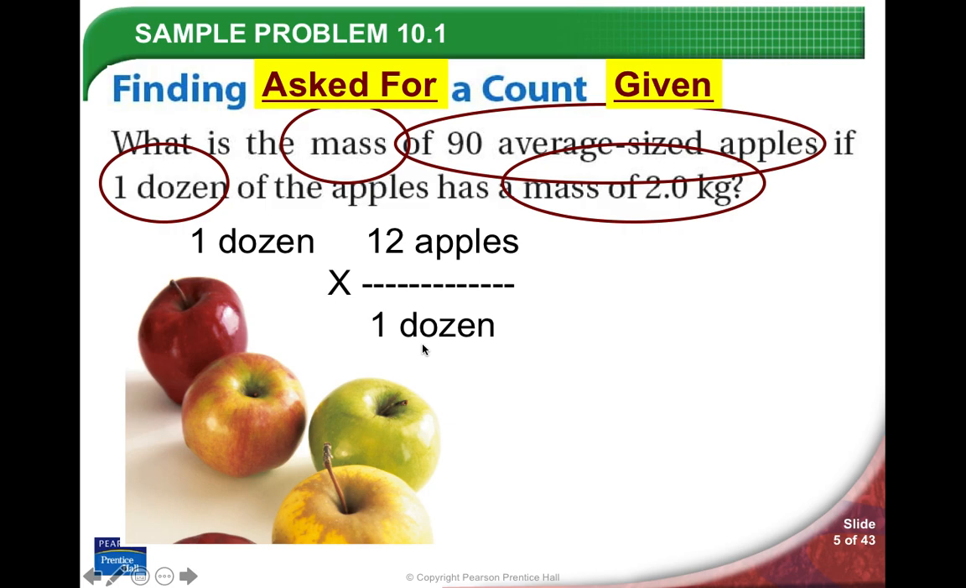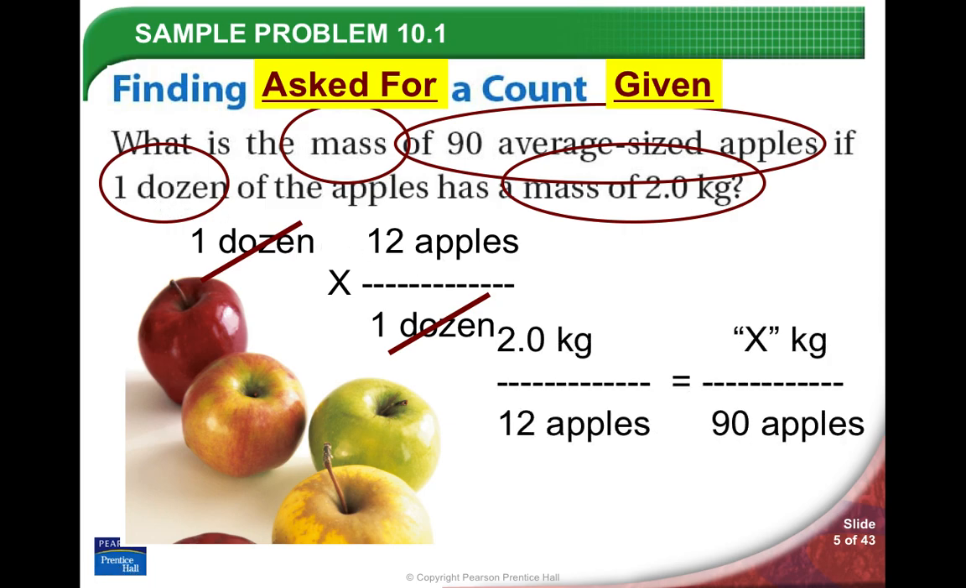This is what's called a conversion factor, or a ratio. There's 12 apples per 1 dozen. Obviously, you cancel that out, and in place of the word dozen, you can substitute 12 apples. Well, that's all great and fine. So this is one way you can solve this type of problem. 2 kilograms per 12 apples, that's a proportion, is the same as some unknown number of kilograms per